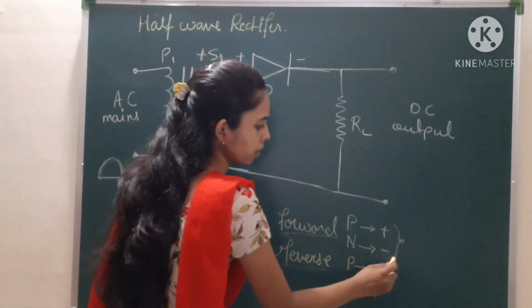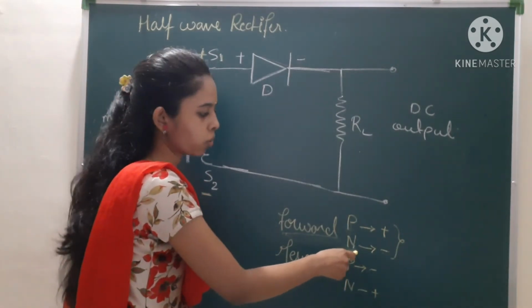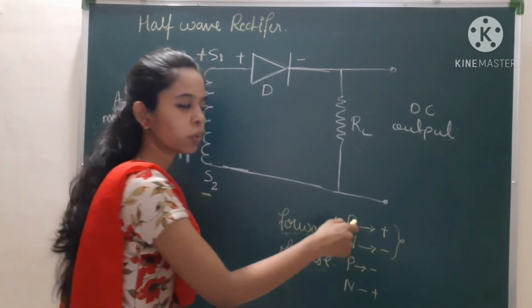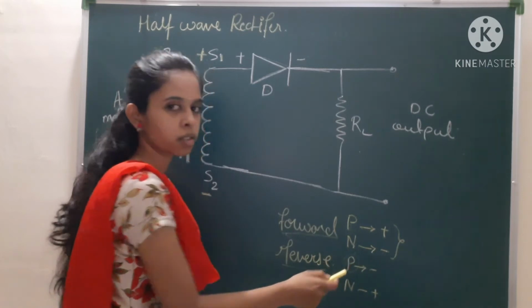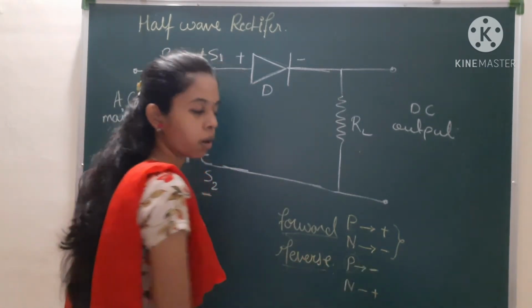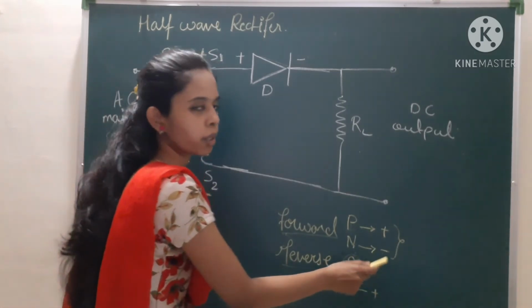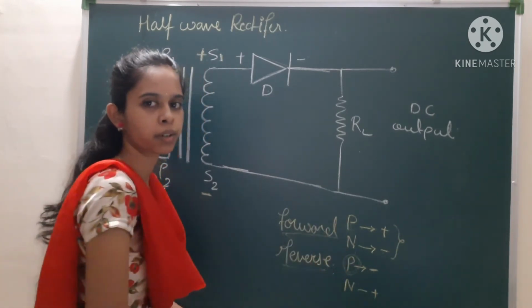Now here, there are so many free electrons present. So due to this, what is happening? A lot of current is going to flow. That is, the current is going to increase. But over here, you can see that the P region consists of holes, and if it is connected to the negative of the battery, then what will happen? All the holes will get attracted towards the negative terminal, and therefore there will be no holes present here.